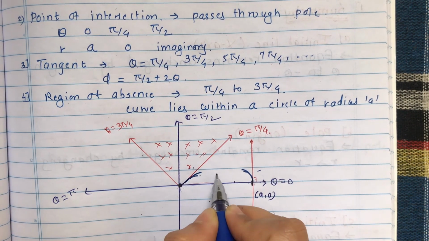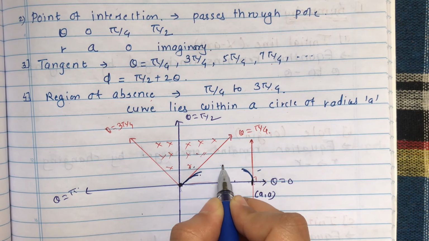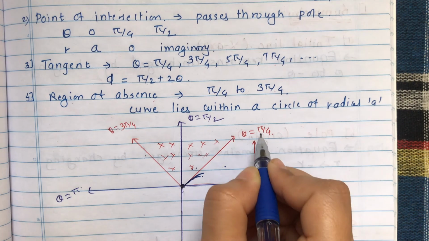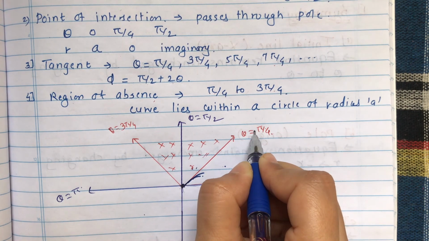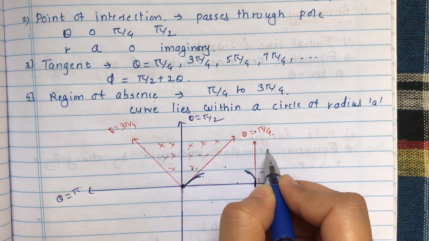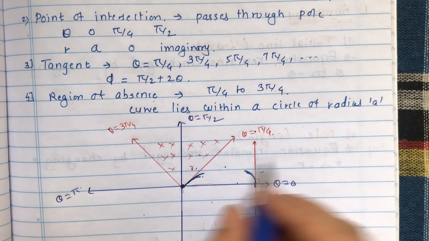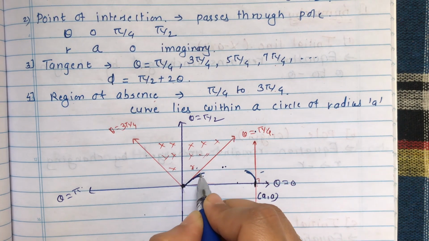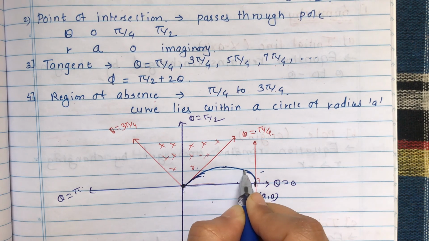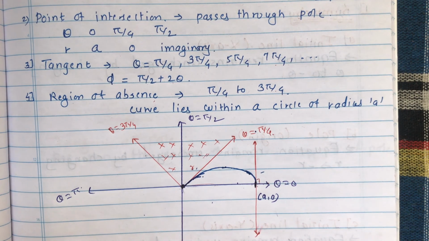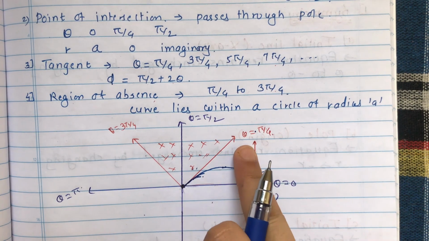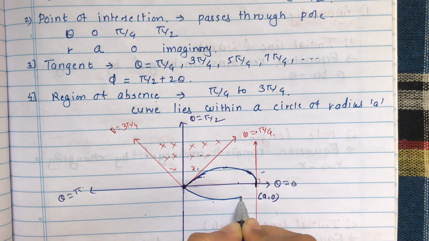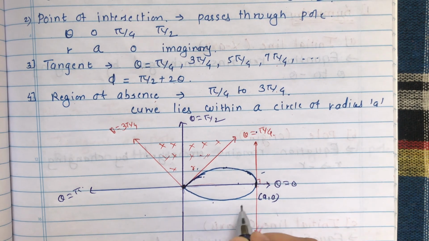And now we can calculate an in between point again, right? So the in between point will be what? This is theta from 0 and this will be from pi by 4, right? So we can calculate for pi by 8, okay? So you can calculate and we will get a point here, okay? So complete this curve. So this will be the nature of the curve in the first quadrant. Then using symmetry I will complete, because it is symmetric about the initial line.